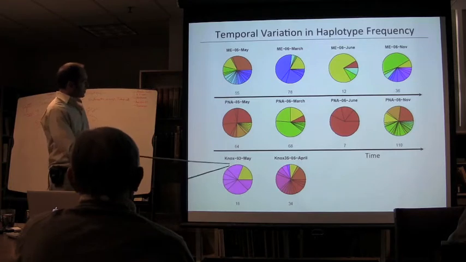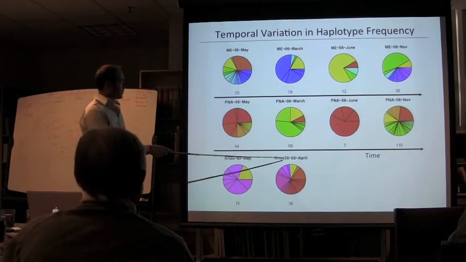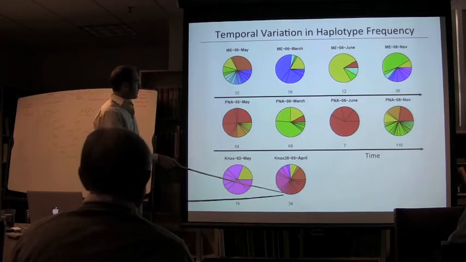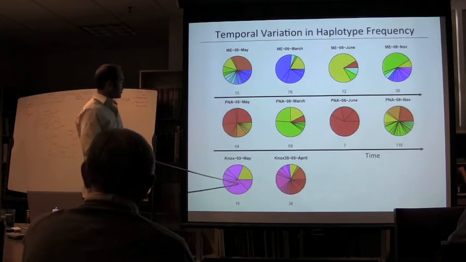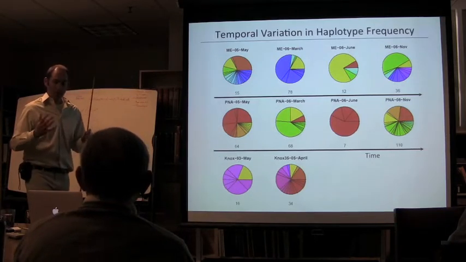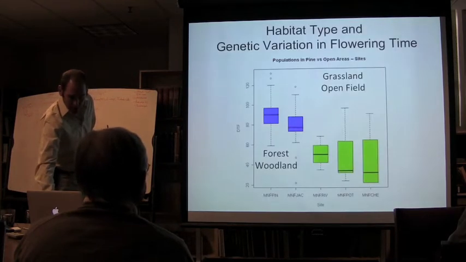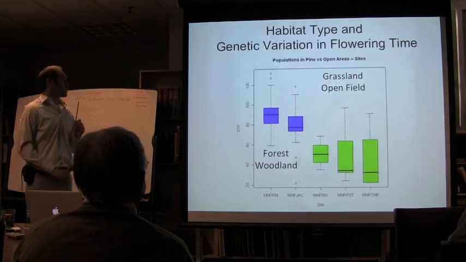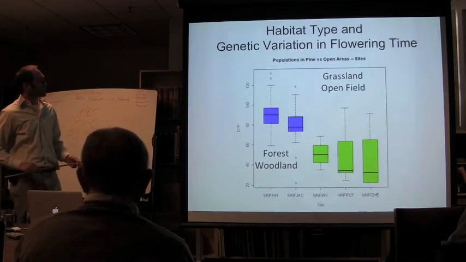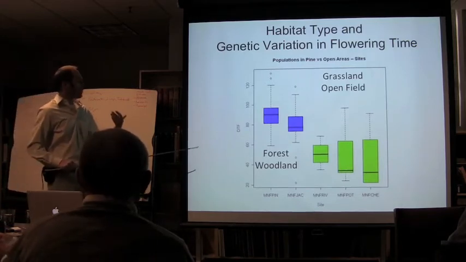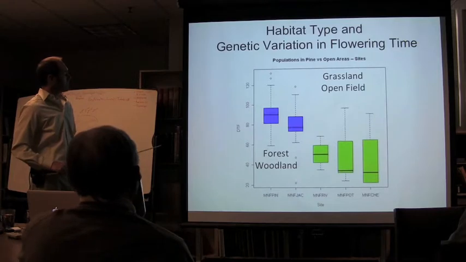This site Joy Bergelson had collected in '93, and I went back in 2005, and you can see that the red type is sort of coming in, but the purple type is still hanging around. So this just gives you a bit of feeling for the temporal and spatial scales of genomic variation in Arabidopsis, and it does map onto the ecology of the location.